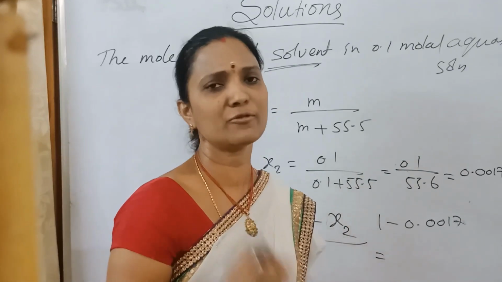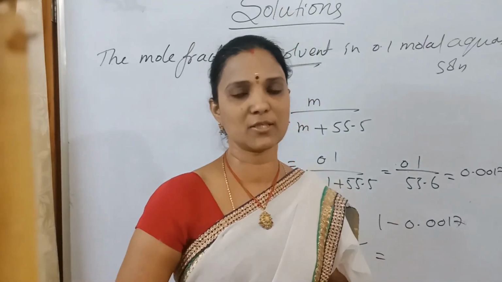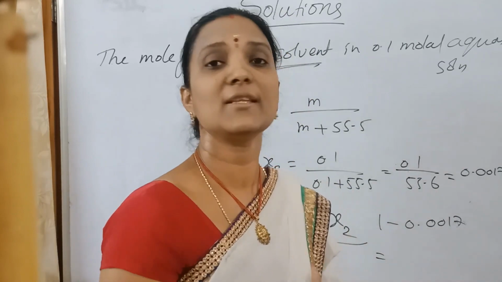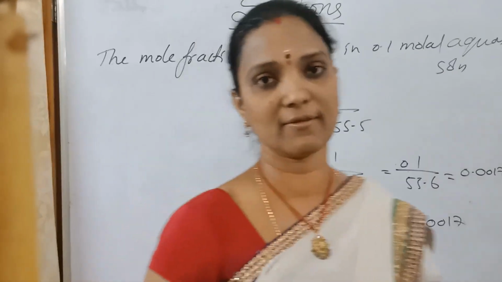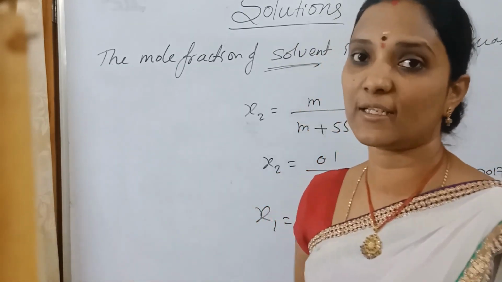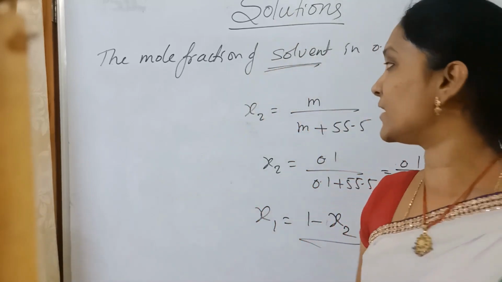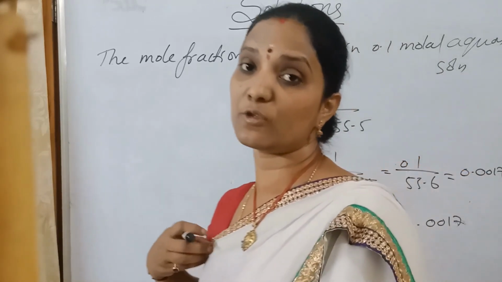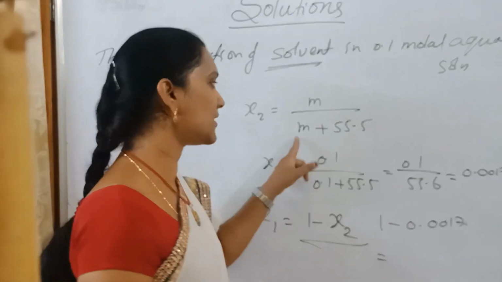If you learn these four formulas, because in advanced level they will almost always ask problems related to these relations. Just practice the four formulas, then it is easy to solve. Otherwise, molality is given, so we should convert it into number of moles, then from that number of moles calculate the mass, then from that the number of moles of solute and solvent. Then mole fraction is equal to n2 by n1 plus n2. Like this we would have to solve the problem. Instead of that, this is the direct formula.